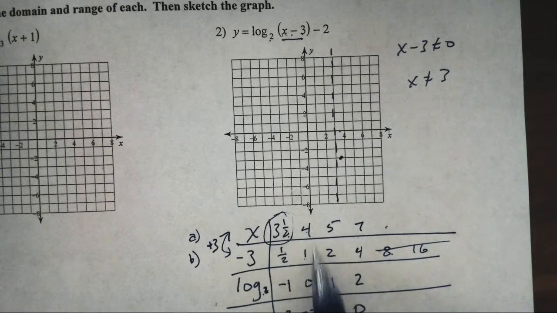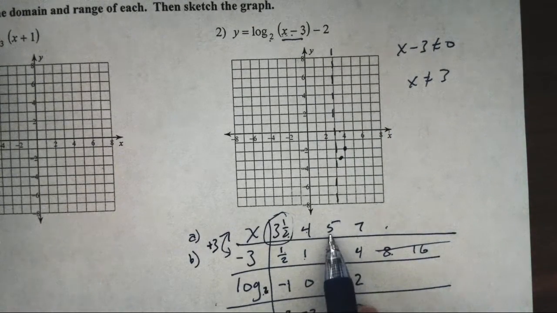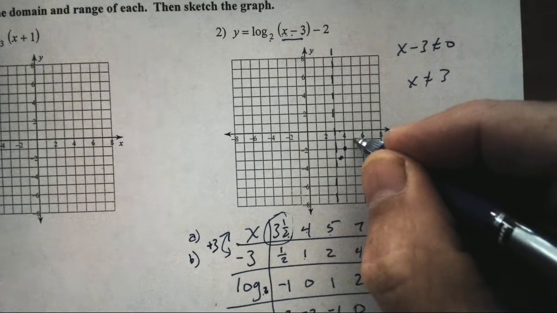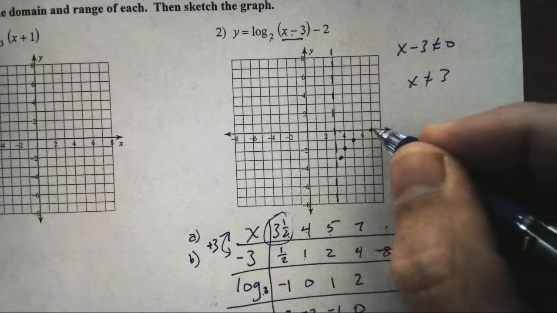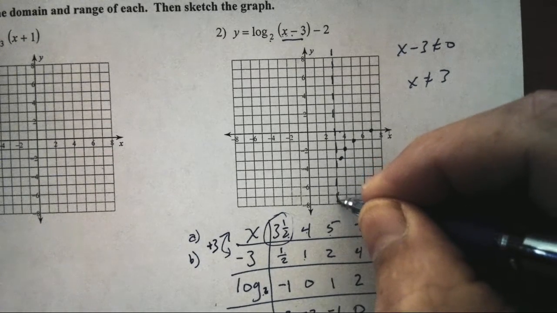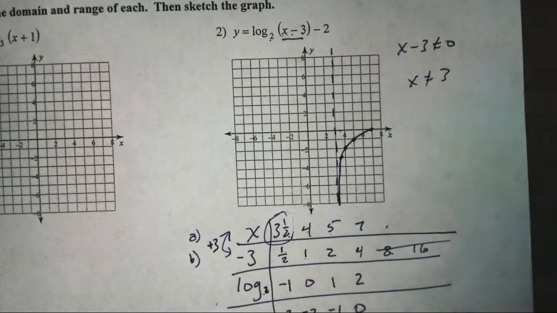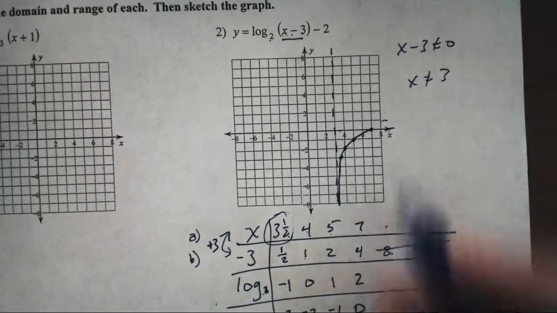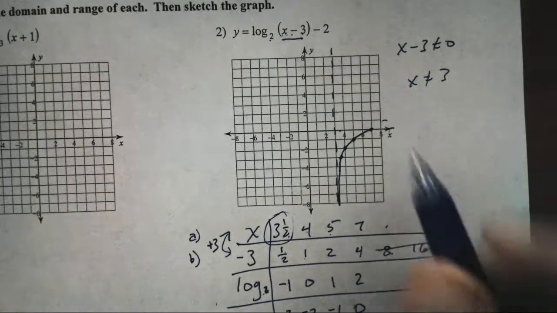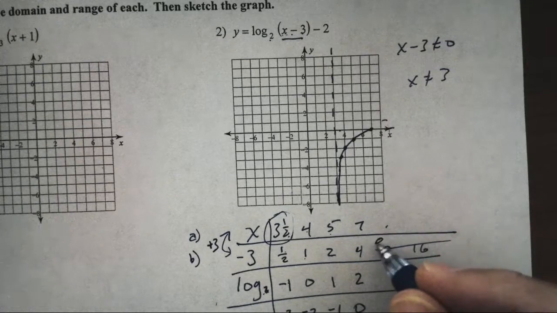And then we have a point at 4, negative 2. I go over to 5 to get to negative 1. And I have to go over to 7 to get to 0. And my graph goes all the way down, following this asymptote. And here's something I'm going to be picky on. I just call it the soccer goal exit. In other words, I know my next point would be, if I went, just for instance, to 8 here,